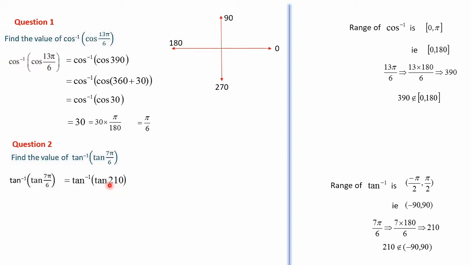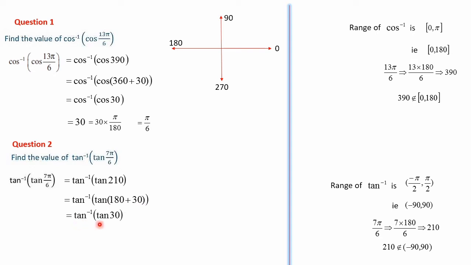So let's write it. This 210 we can write as 180 plus 30, tan of 180 plus 30. And tan of 180 plus theta is tan theta itself, and we have to go for sign convention. So 180 plus 30 means it comes in the third quadrant. Here it will be coming 210. In the first quadrant all are positive, in the second quadrant sine and cosec, in the third quadrant tan and cot. So tan is positive. So tan of 180 plus 30 will be tan 30, positive tan 30.